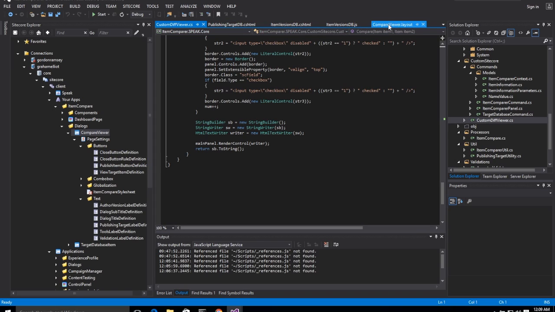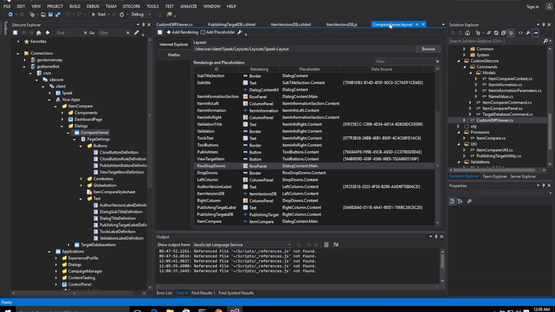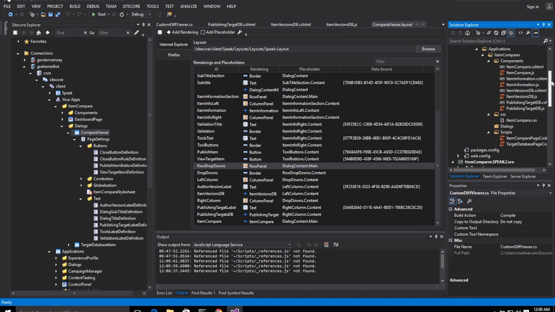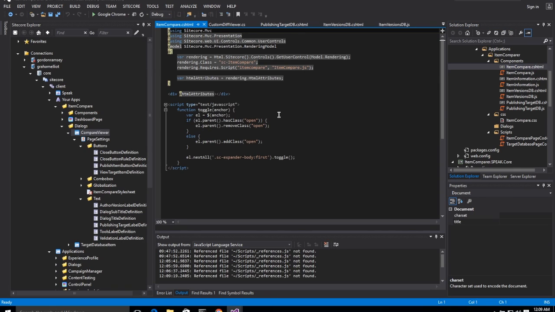So when it comes back, it's actually coming back in the item compare control, which is just basically a div tag. And there's also injected script here to be able to do the accordion between the open and close on the click of that attribute, that div tag with the anchor. So seeing it all together,